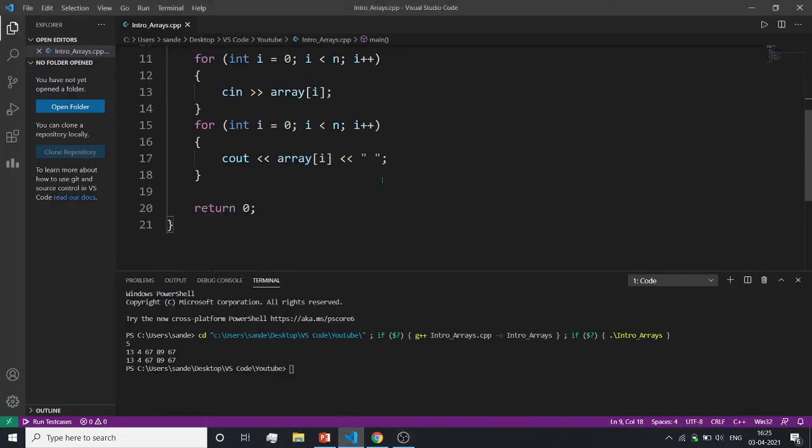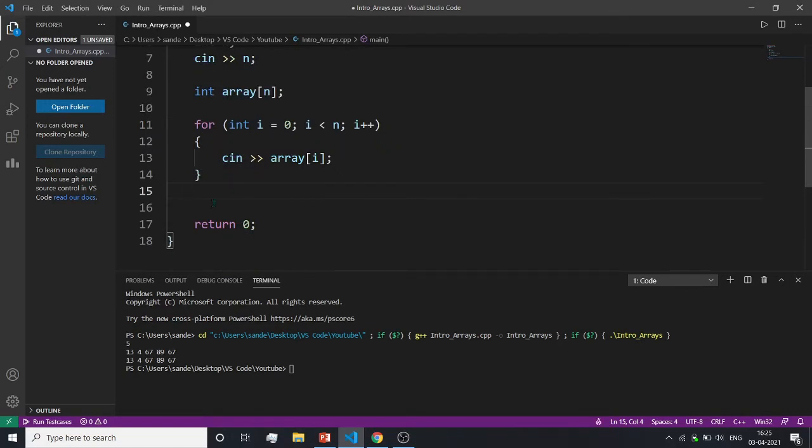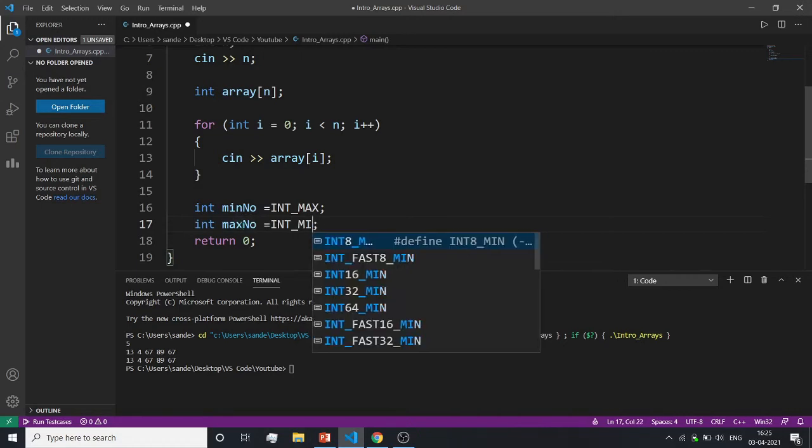Okay. Now let's write a program to find out the maximum and minimum number in an array. So I will delete this one, and this is for our input array. Then I will declare some numbers, with the minimum number equal to INT_MAX, and the same for the maximum number, with max number as INT_MIN. Why did we do this?